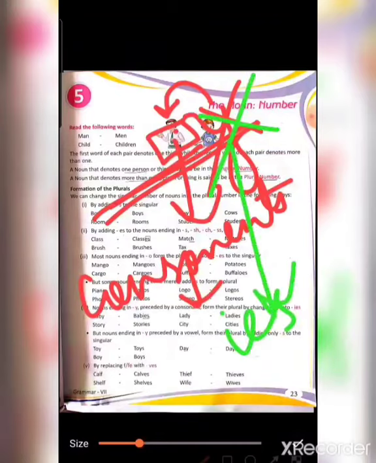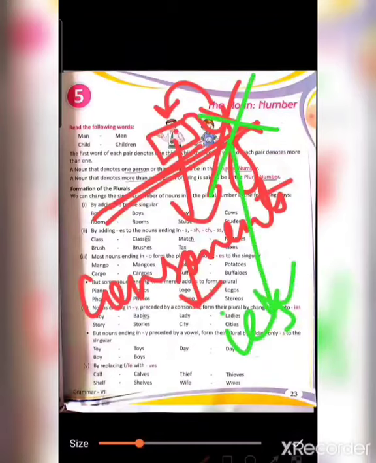Suppose there is a word written baby. So now if you closely observe it, the word is ending in the alphabet y and y is being preceded by a consonant because it is not a, e, i, o, u, it is not a vowel, it is a consonant. So how you will make it plural? By writing the word and replacing y. Now you have to replace y. In place of y, you have to write ies.